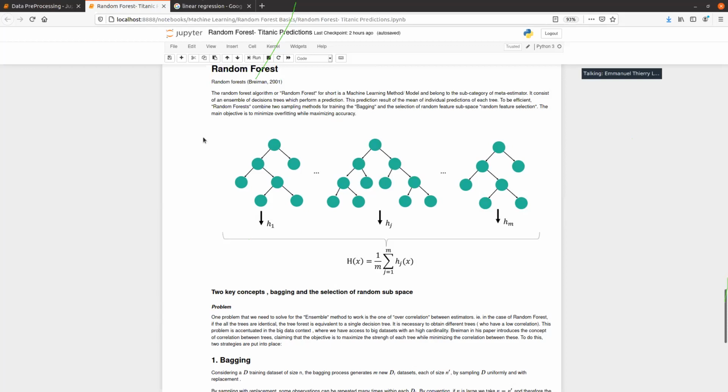And for random forest, there's this famous quote from, I think, an engineer from Google in data science or whatnot, that said that he always starts any machine learning project by trying to apply a random forest. So that's one basic method that you should always consider.